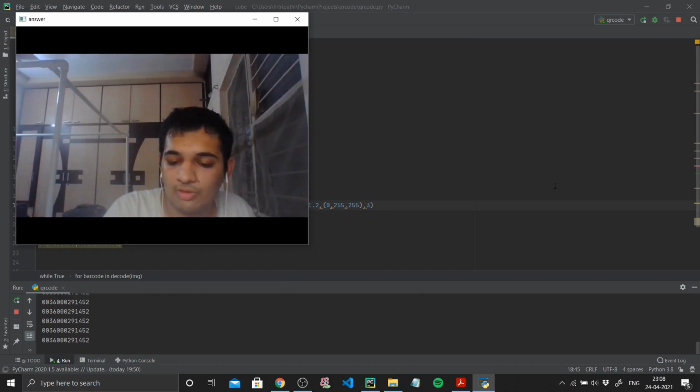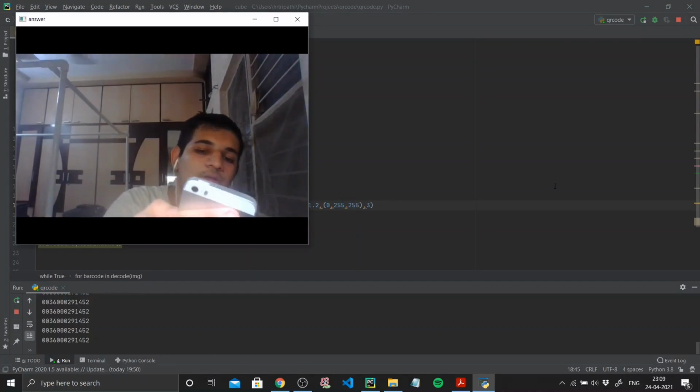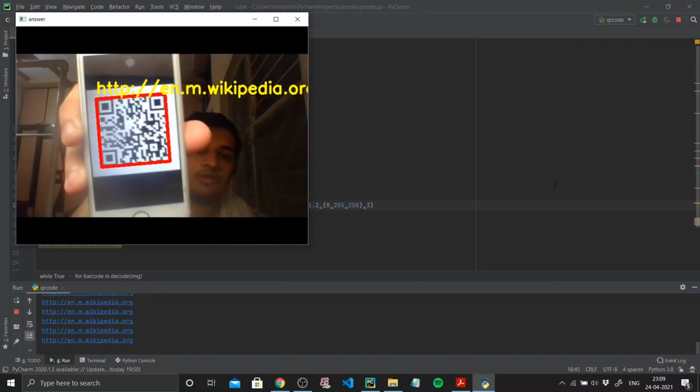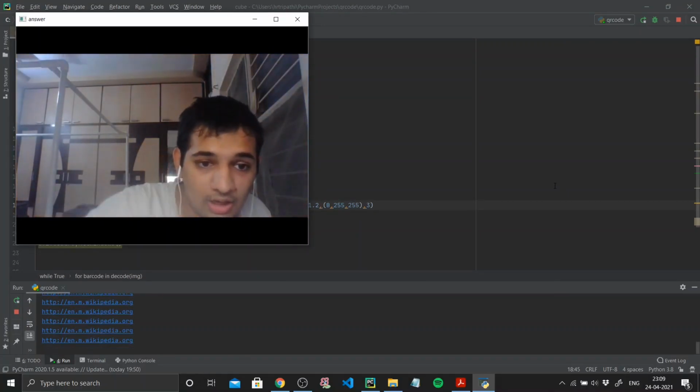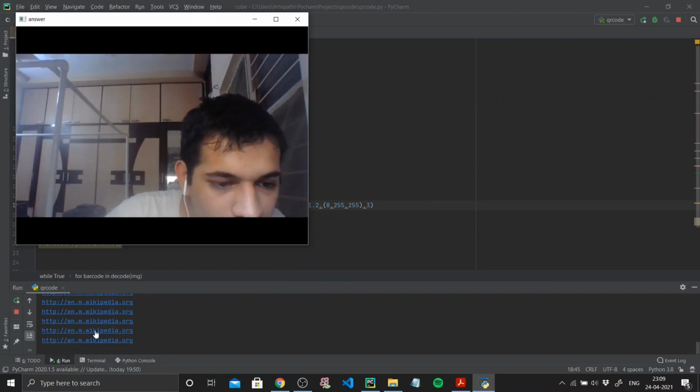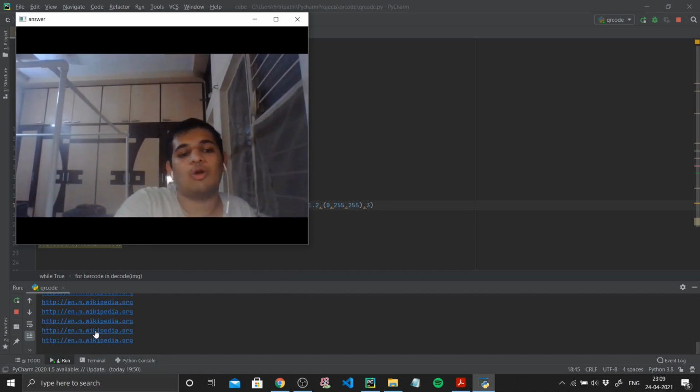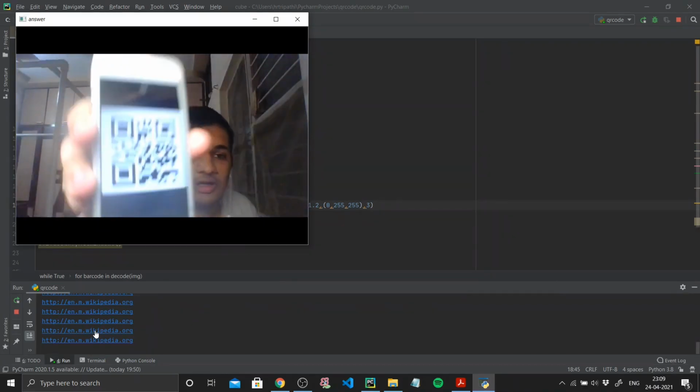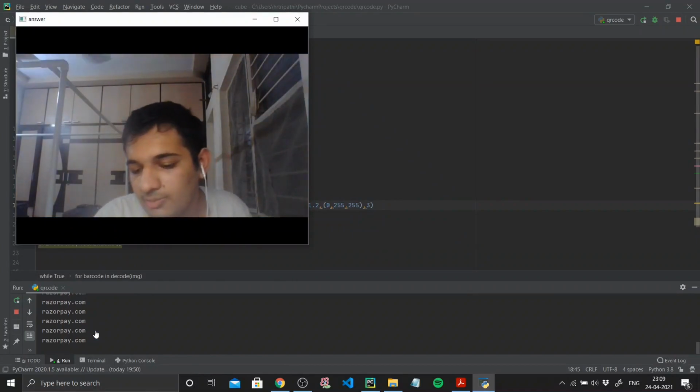I've got one for Wikipedia. Let's just try that as well. Okay, this is for Wikipedia. You can even check out the link by clicking on the data that you see down on the bottom side of your window. This is another site. This is Razorpay again.